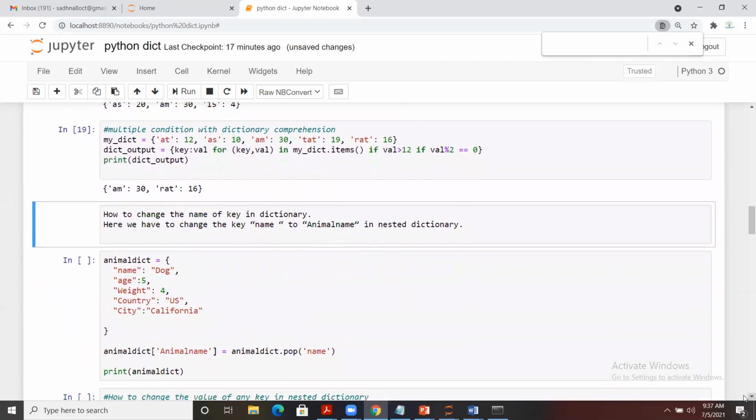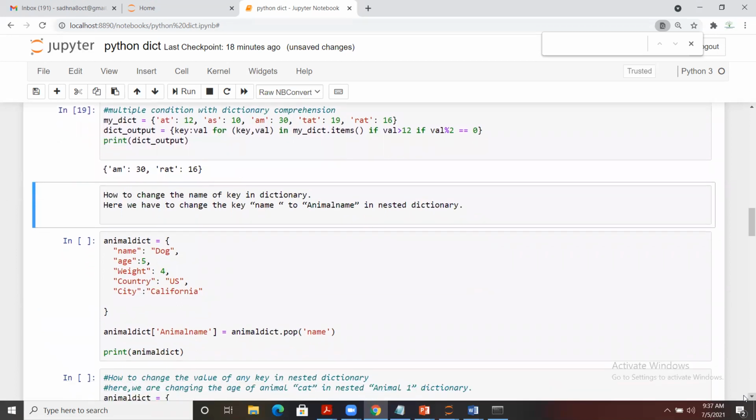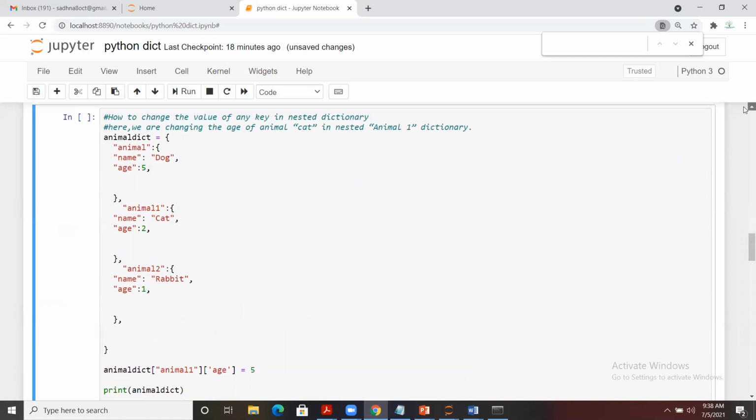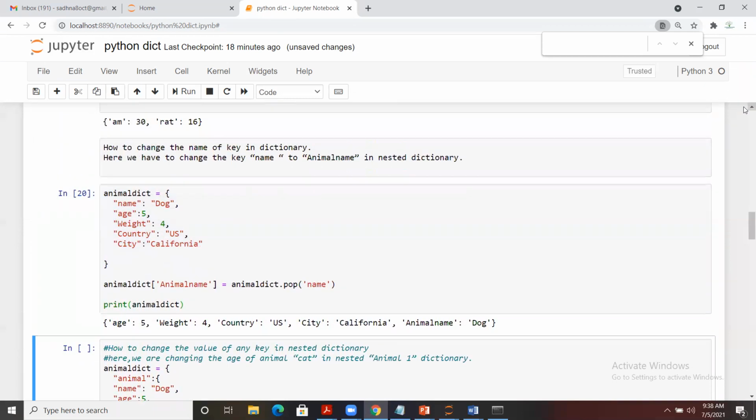Now let's say we want to change the name of keys in a dictionary. So here what I wanted to do, I have this dictionary where I have multiple keys and values. The keys are name, age, weight, country and city, and the values are dog, 5, 4, US, California. What I want to do is change the name of this particular key, which is name. So I'll pop name from it and I'll give it a new name, which is animal_name. So once you run it, let me scroll up, you will see